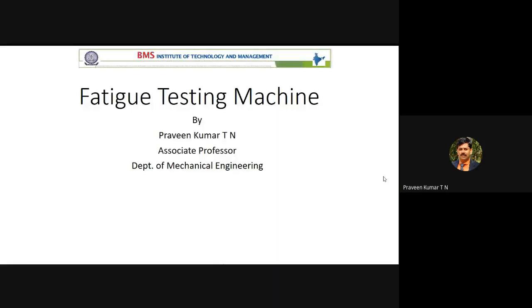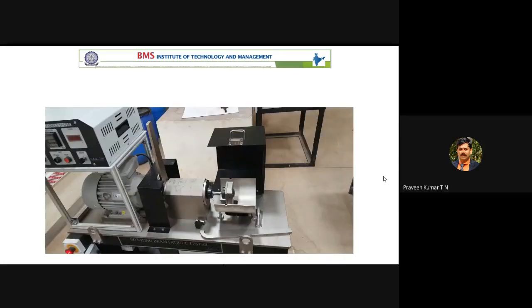Next, we already discussed fatigue, and why I am stressing fatigue more is that it is required for your material science also. There is a second module. If you are able to understand the failures of material, one is fatigue, one more is fracture, and one more is creep. Once you understand fatigue, you can understand the remaining second module of your material science better. With respect to the experiment, I'll explain. There are important terms you have to remember, I am just summarizing. There are two types of loads.